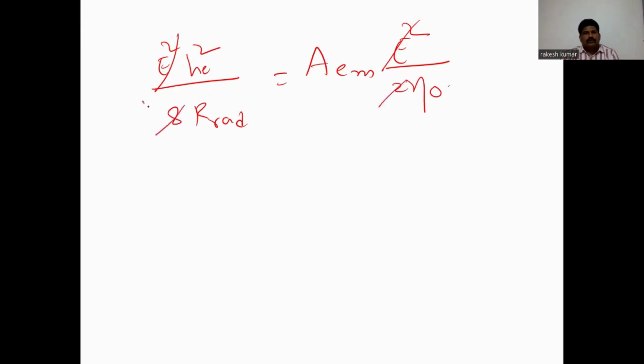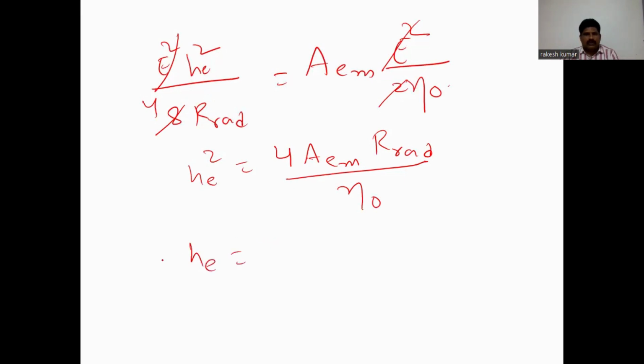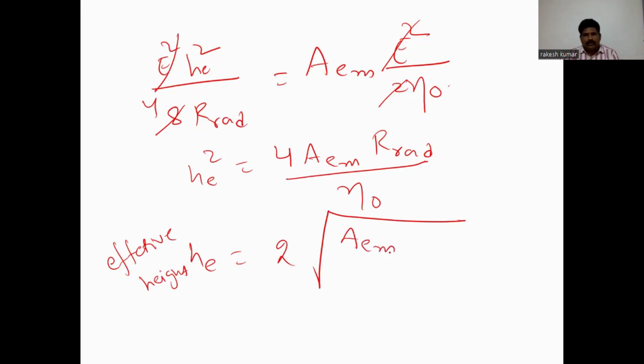So H square is equal to E to R to 4 by eta. Therefore, H is equal to effective height. Effective height is equal to root of E to